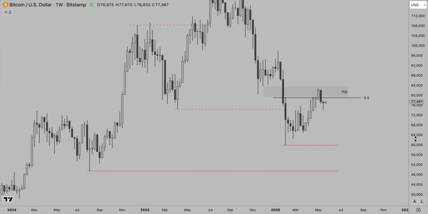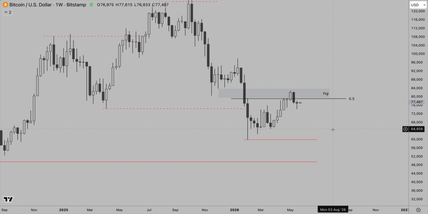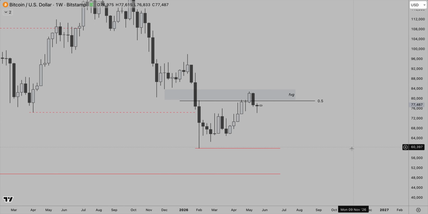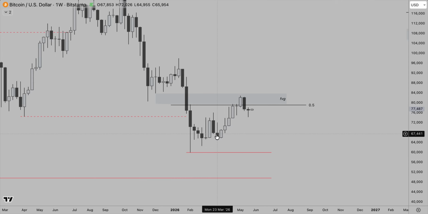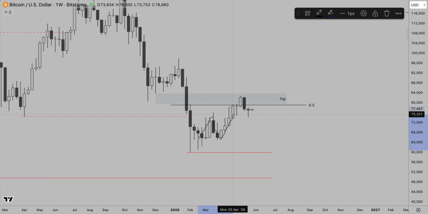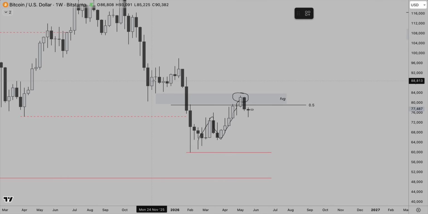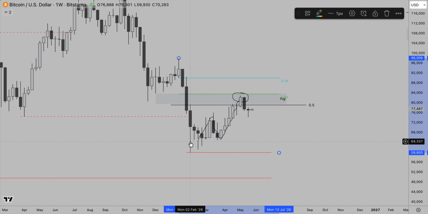Zooming right into this price action down here, what we can identify is bullish price action on the way up to this fair value gap. We can see price has been moving up, retracing, and we've moved up and swept the liquidity down here at this fair value gap. Now, we can also put on a fib from these highs to these lows. We haven't yet tapped into the 62%